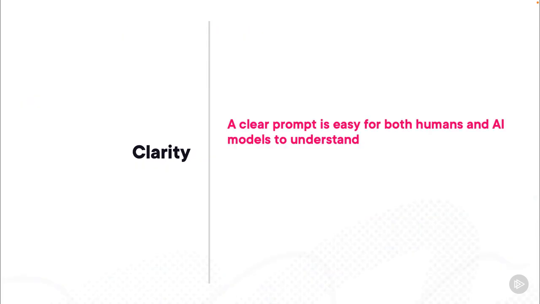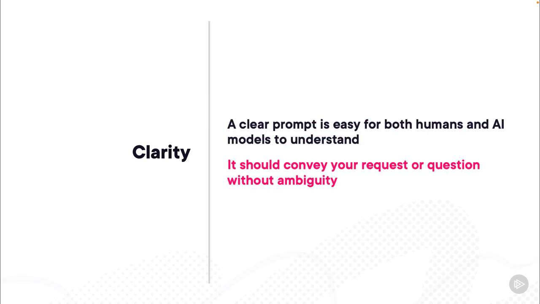I'll start with clarity. A clear prompt is easy for both humans and AI models to understand. Just like when you're talking to people, the clearer your message, the easier it will be for the other party to understand. Your prompt should convey your request or question without ambiguity. For example, a clear prompt would be: provide statistics on the impact of AI on employment in the last 5